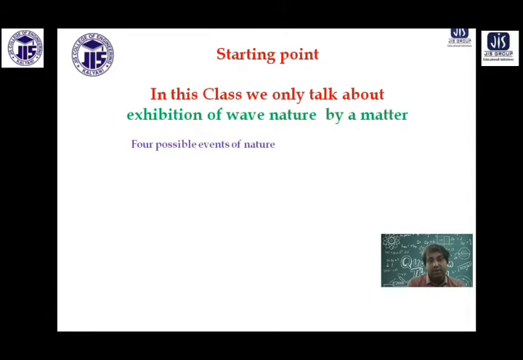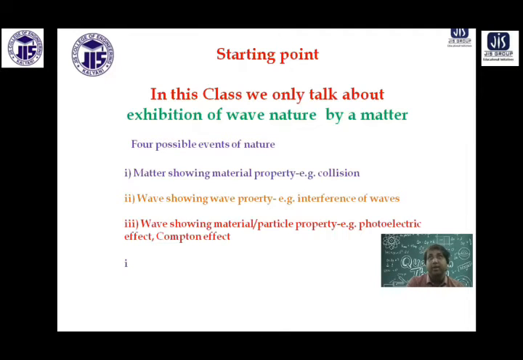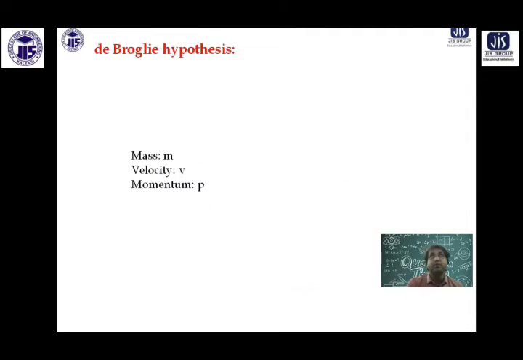Those things I have taught you in my class, the issue of how to consider the particle nature of a wave. Newton has taught you how to take care of the material nature of matter, collision, etc. And for the wave nature of a wave, you studied interference. What you have not studied properly, or are not aware of, is this last issue, the wave nature of a matter, which was dreamed by de Broglie and proved by Davisson and Germer, but we hardly know how to take care of the situation. So that is the focal point of this class, basically, to discuss this wave nature of matter.